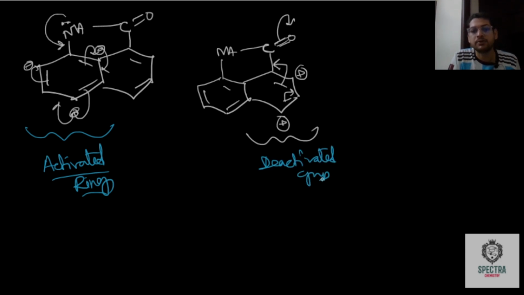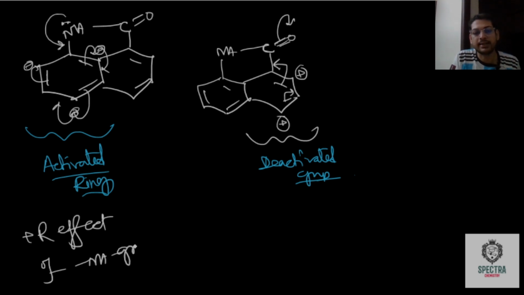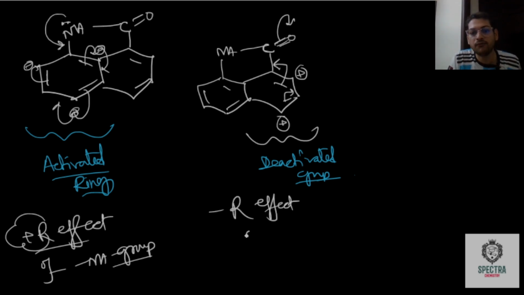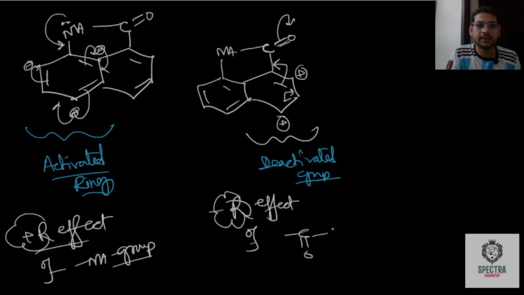Sir, why? Because in the first ring, there is a plus R effect of the NH group, right? Plus R, why plus R? Because it is pushing the electron by resonance. Here, it's the minus R effect of this C double bond O group. Minus R, why? Because it is taking the electron by resonance. So who is activating, who is pushing more electron? This one is pushing more and more electron. So which ring will you take? I will eliminate this ring. I will take this ring, sir,